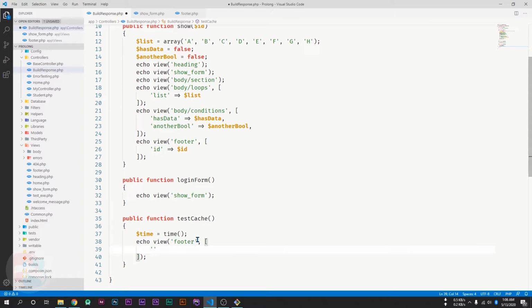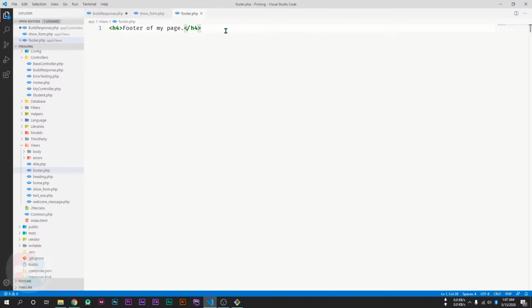I'll name this parameter time, and the value would be the time variable. If I go inside my view and create an h2, and print my variable time,